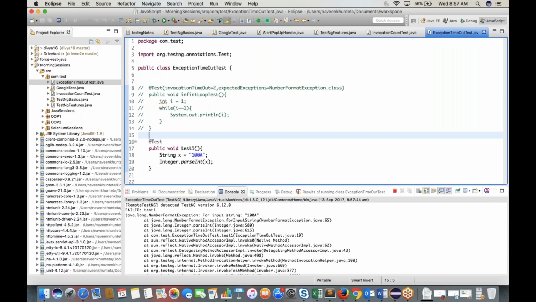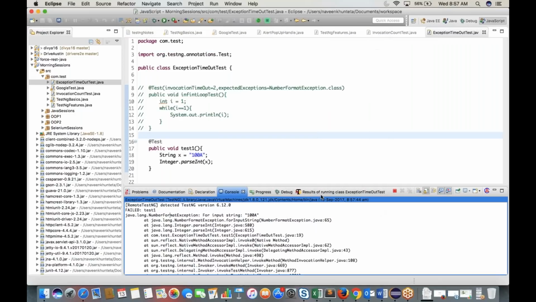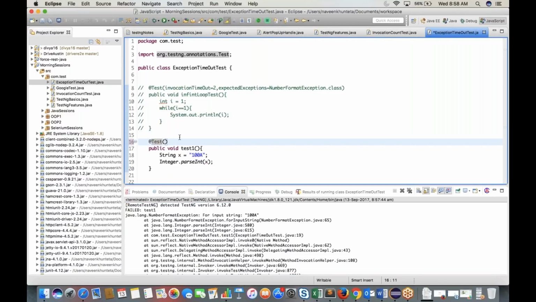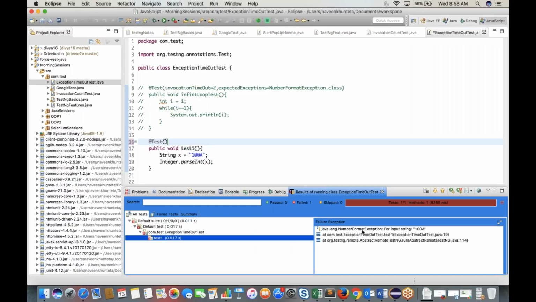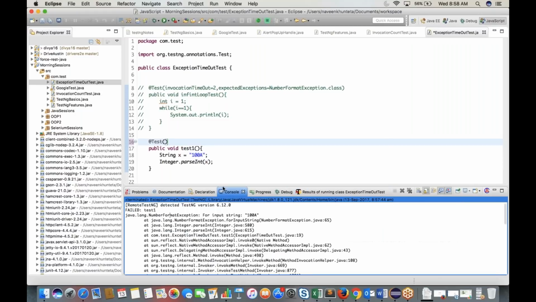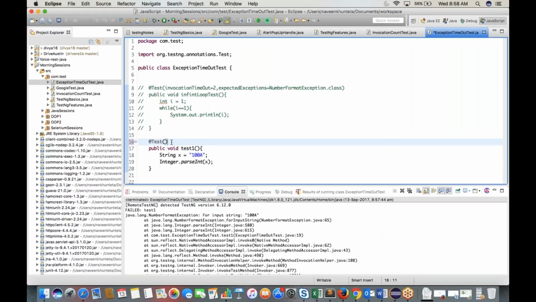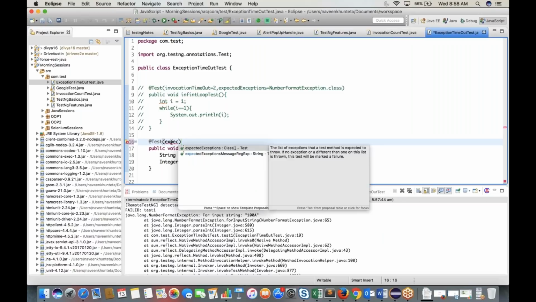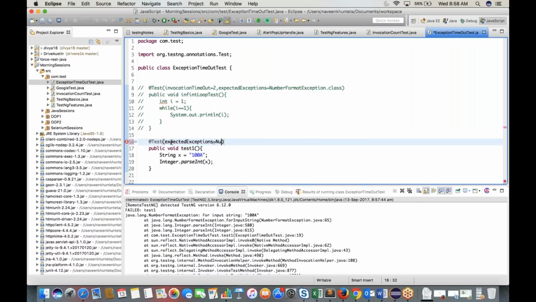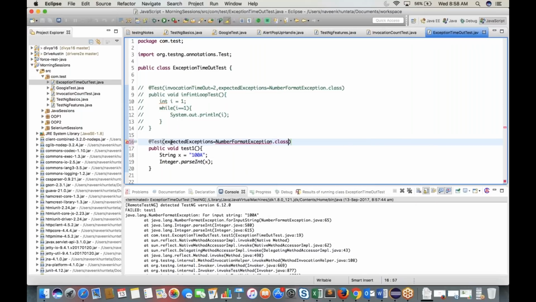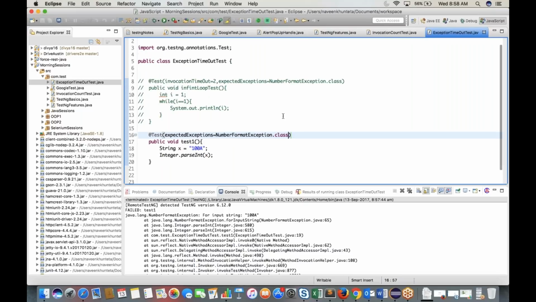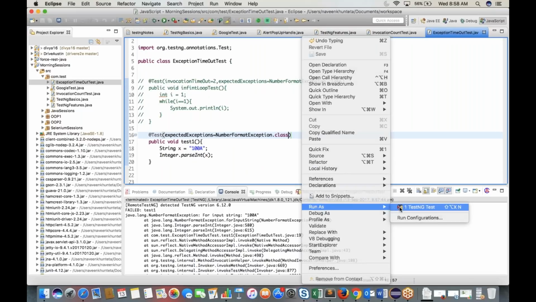you see it's giving a number format exception, right? Why? Because I cannot convert 100A into an integer. So this particular test case is getting failed, and the failure reason is number format exception for input string 100A. Now what I'll do, I'll define expected exceptions is equal to NumberFormatException.class, like this you have to give, right? So now if you run this program,